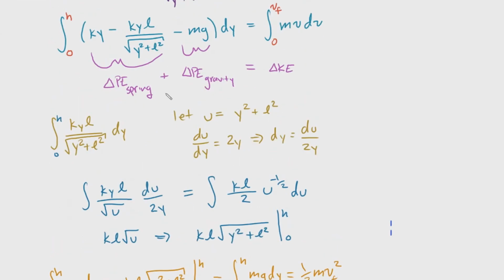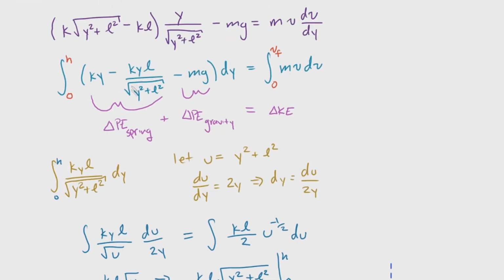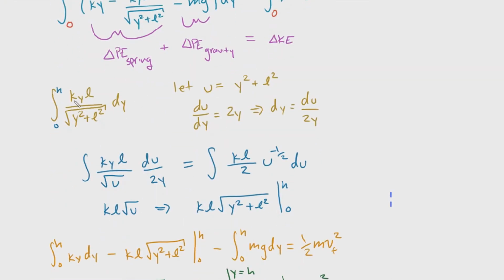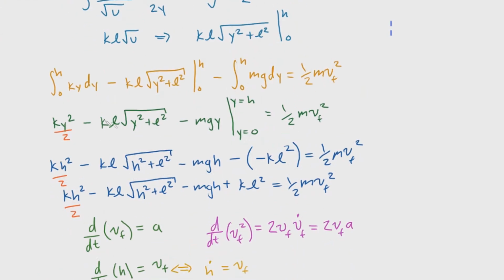And then we recognize that this is just the spring energy, the change of potential of the spring, and this is also just the change in potential of gravity, and then this equals the change in kinetic energy. So we recognize that this part of the equation is going to be very difficult to solve, so we isolated it and solved it using the u substitution, and then we plugged everything back in and continued with